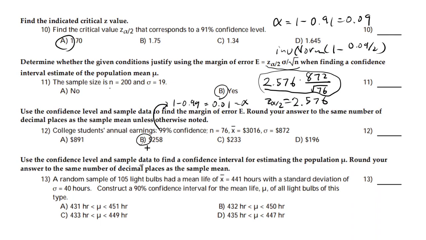Use the confidence level and sample data to find the confidence interval. So we're looking for a confidence interval this time, so you have to add and subtract to the mean. But we first have to find the margin of error, and to do that we have to do the same thing again. So 90% confidence means alpha is 1 minus 0.9, which is 0.1. So z alpha over 2 would be